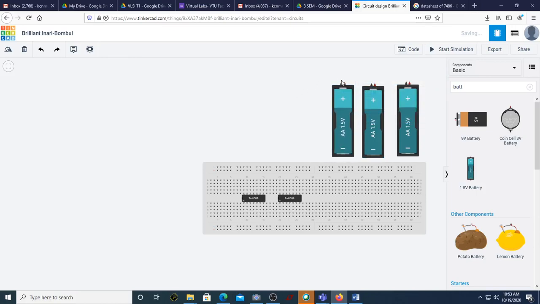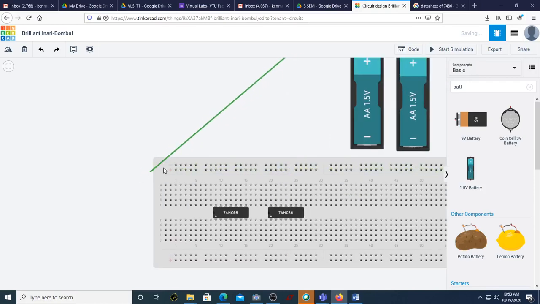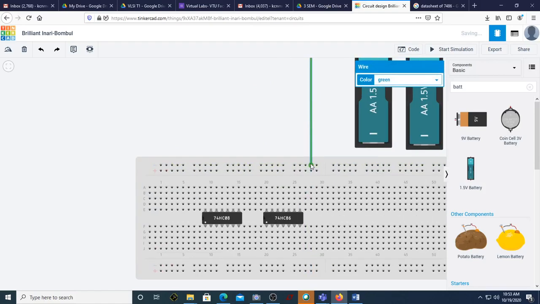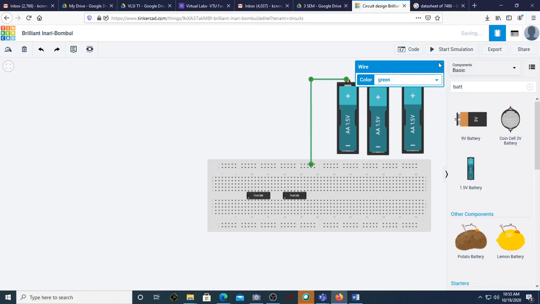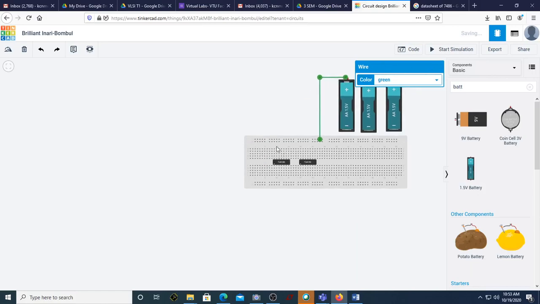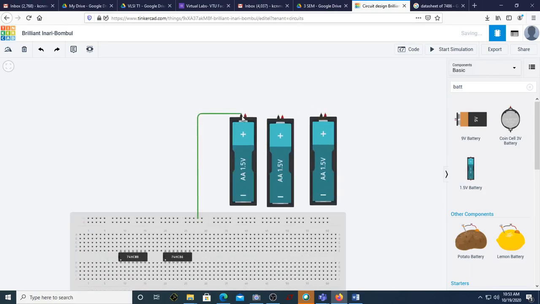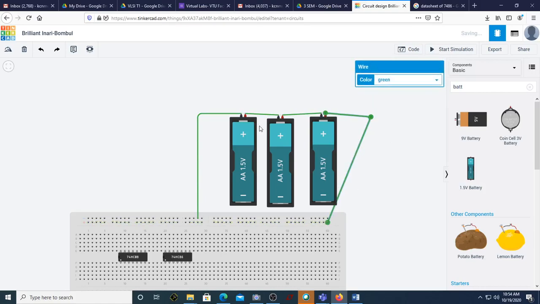This is the wire with which you can make the connection. I will take this negative and place it on the breadboard. You can see now this is negative. Let me connect it on this. This is the slot for negative. Next I'll make the remaining series connection. This is very comfortable, so I can simply put them in series. I'm connecting to this and then connecting this to this, and this is the positive terminal which I can take to this. You can see this positive. This is actually giving 4.5 volts.